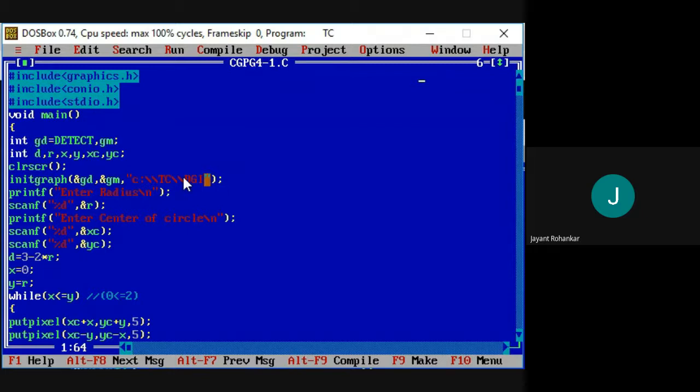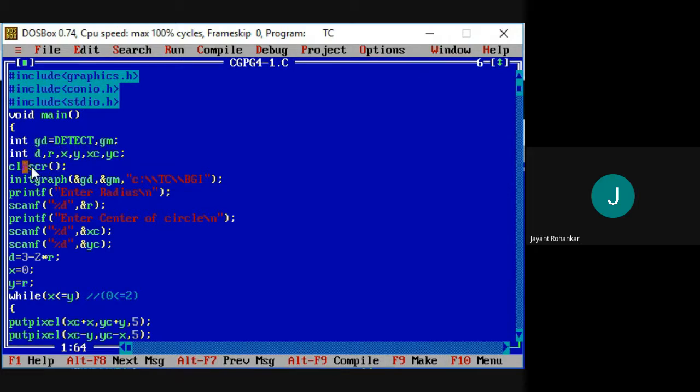So here we will start our program, that is void main, and we will declare variables, that is integer gd, gm, to insert the graphics in the program and to detect the graphics in the program. So we have to write gd equal to DETECT comma gm.